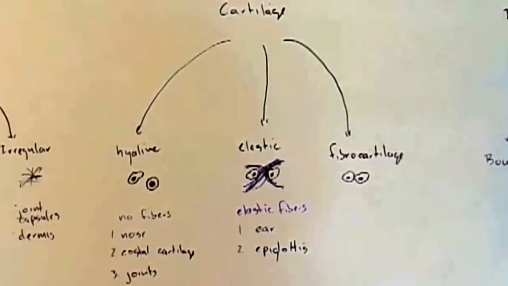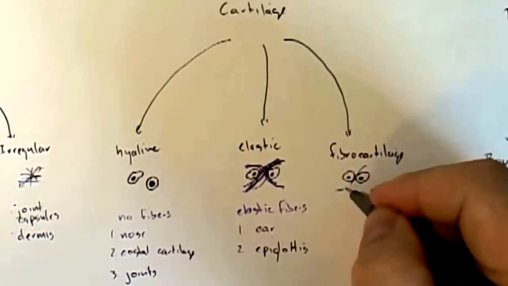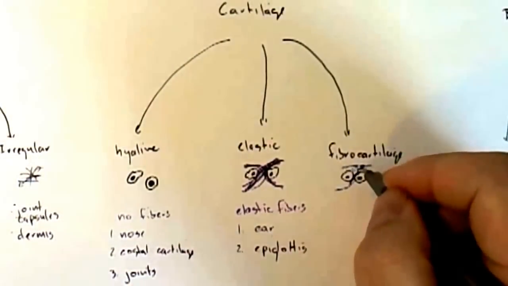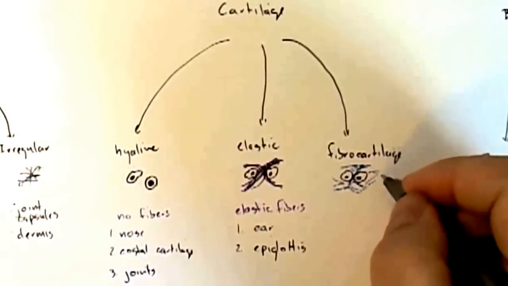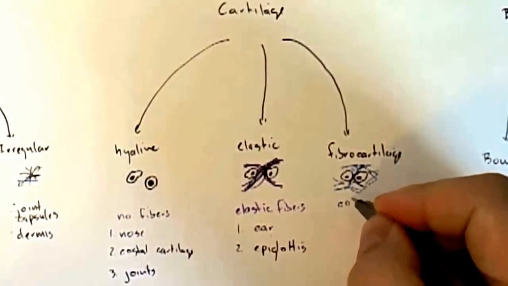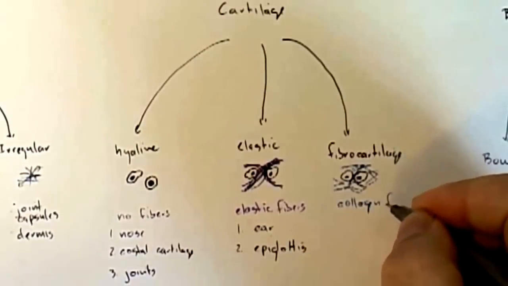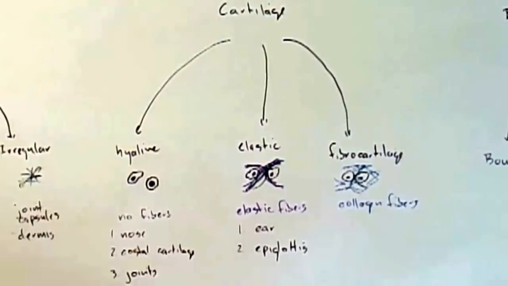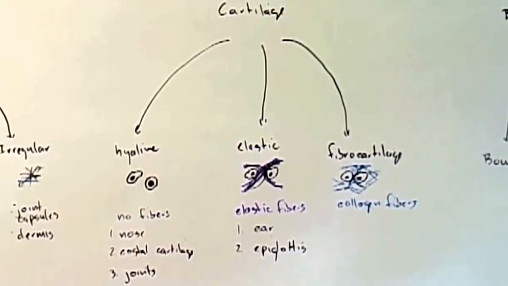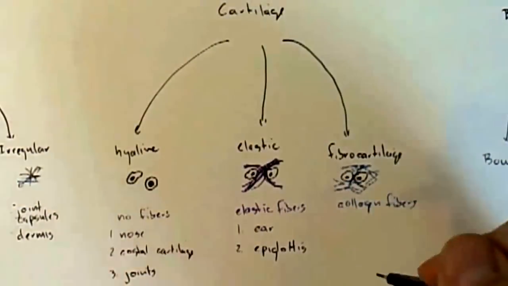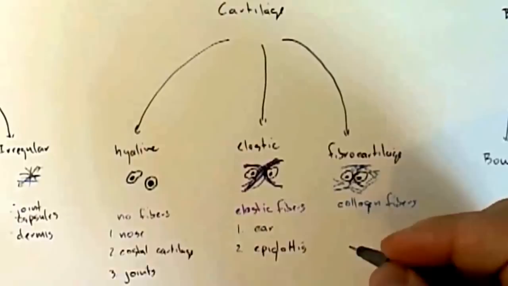When I look at fibrocartilage, they have these really kind of wispy blue fibers running through. And these are collagen fibers. And collagen is super tough. It's like the body's duct tape. It's like if you wanted to take a little hunk of your skin, pinch some skin, and try and pull it off right now, it's the collagen fibers in there that are being really strong so that you can't pull anything off. The main examples of this